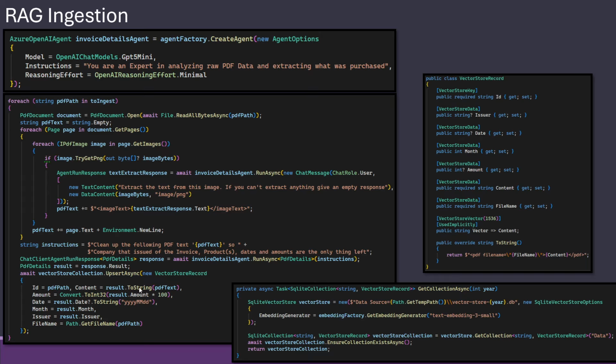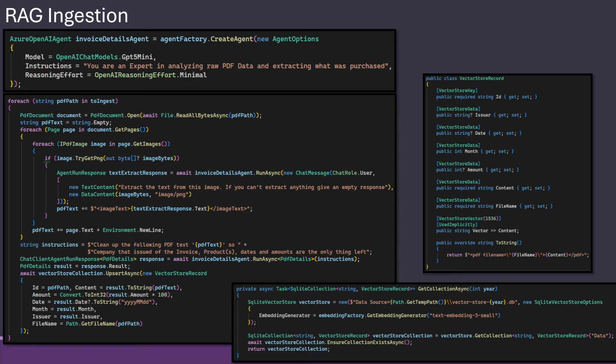And this result.toString takes all the other data and puts it into an XML-like structure, so it's not the raw text, it's the actual representation of the PDF. And it all goes into this vector store record, and I just put them into the SQLite.